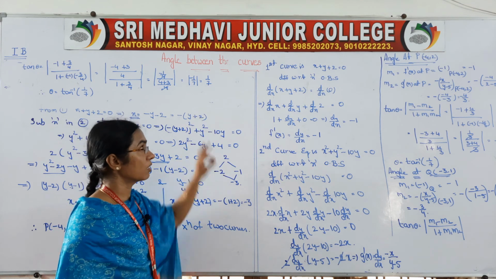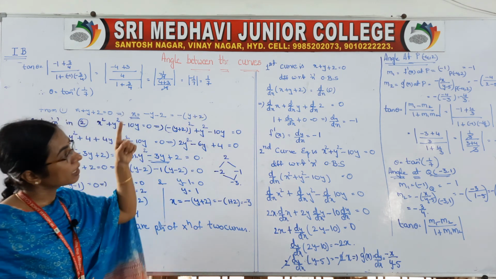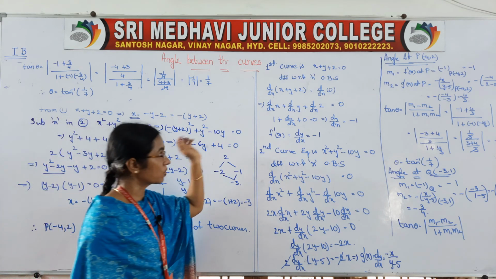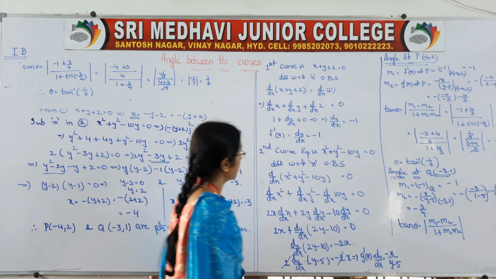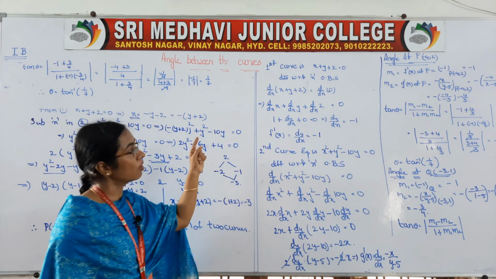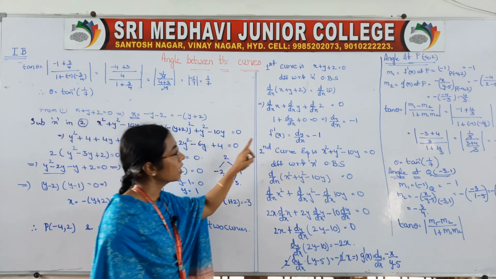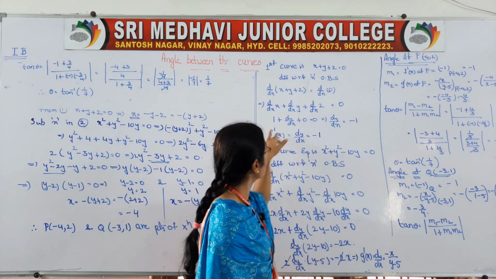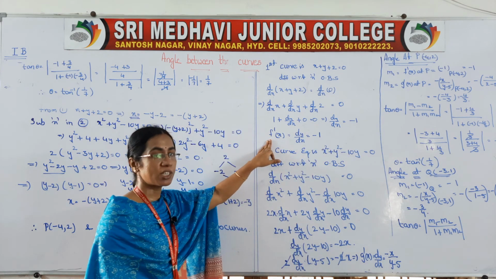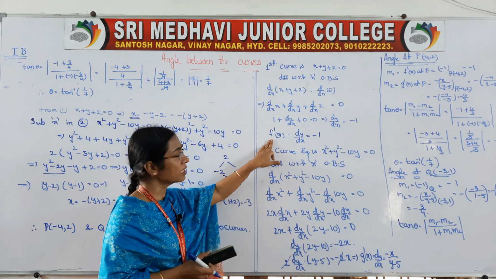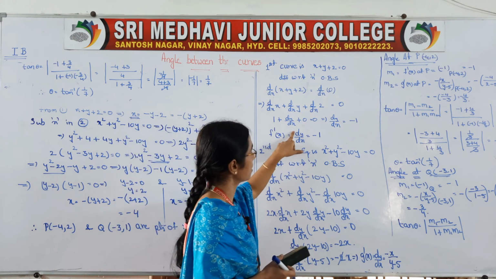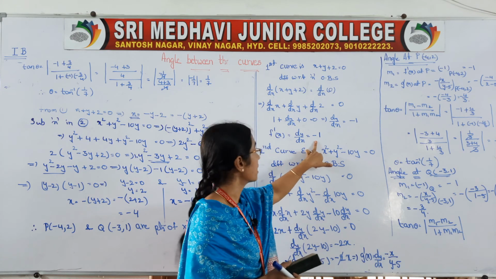So to get the derivative of the first curve, take the first curve and differentiate with respect to x on both sides. Whenever plus is there, we have to take separate derivatives, then you will get dy by dx is equal to minus 1. So it is nothing but the first function's derivative. So f dash x is equal to dy by dx, that is minus 1.